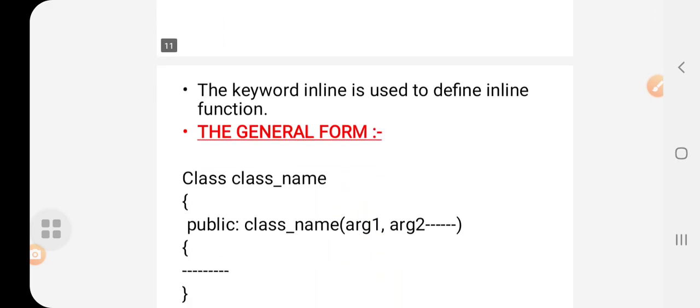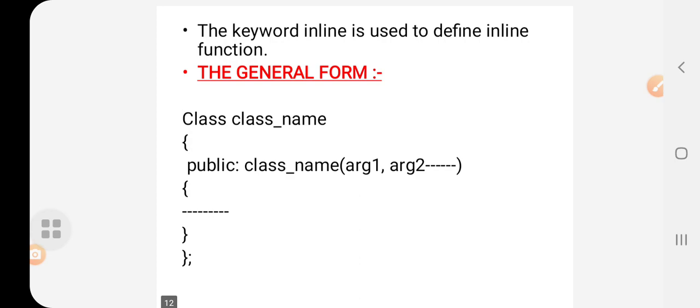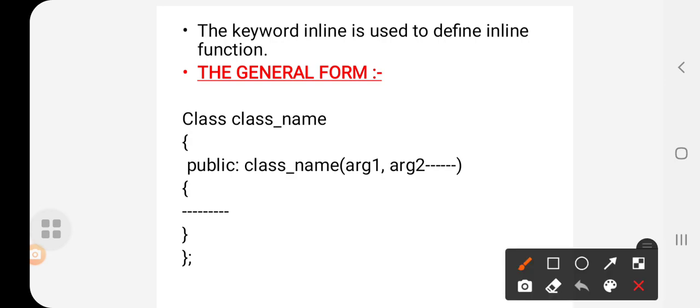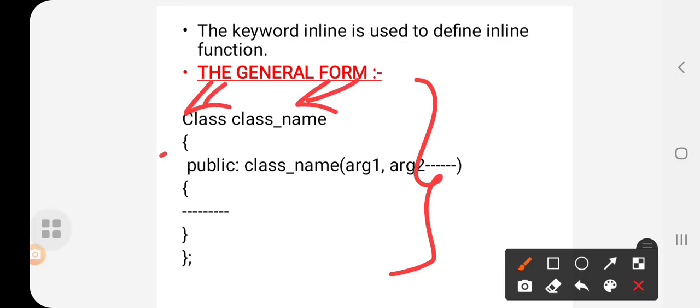Next, the keyword inline is used to define the inline function. The general form of the parameterized constructor is: class is a keyword, followed by the class name and curly braces. In the public section I am giving a class name, and within that I am passing two arguments.